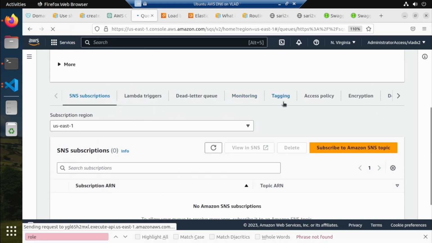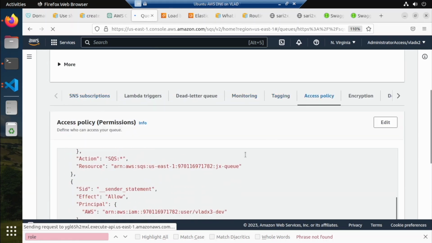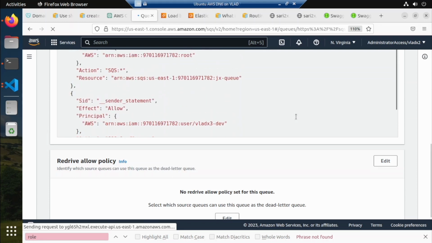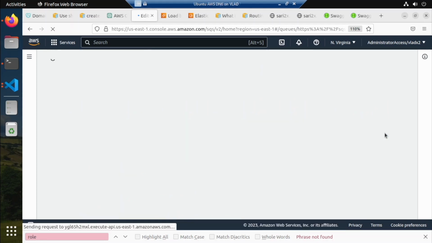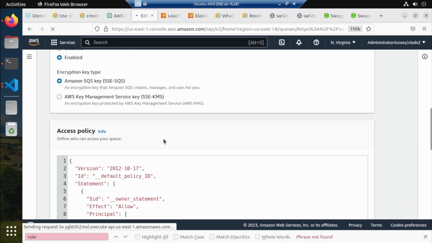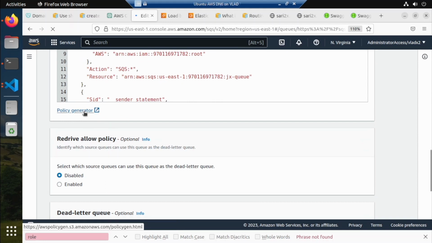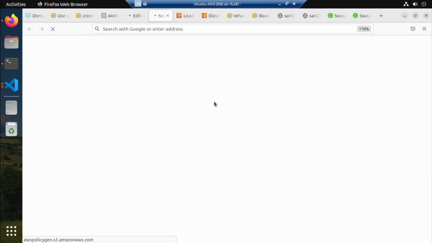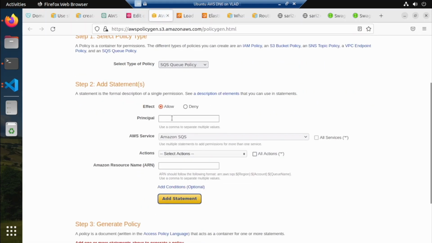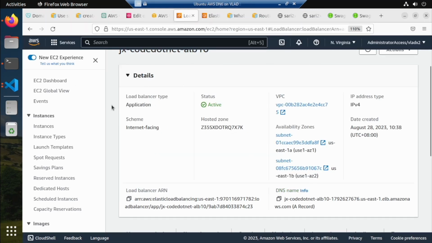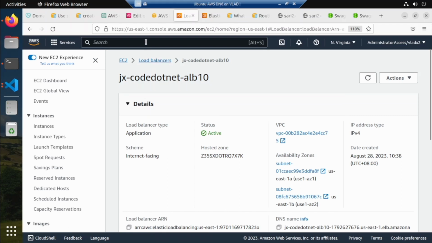Go to the queue. Maybe in the policies, configure access policy. Edit. Policy generator. Run ECS. How can we add the ECS? Allow principal ECS, or maybe we can get the ARN of that service. Go back to the